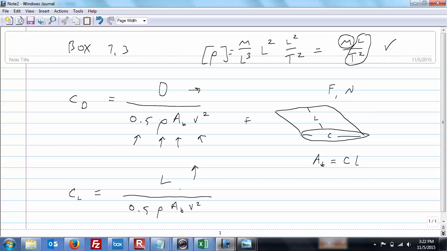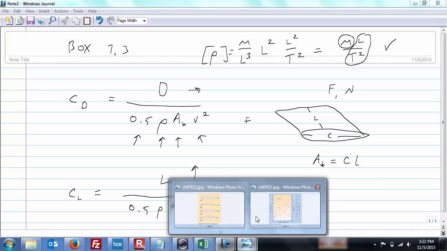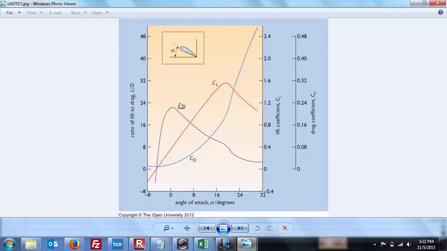So getting back, you're never really going to do much about the density of air. This A B is more or less the geometry of the blade, and the velocity is just how fast the thing's going. So looking back here, what an airfoil designer is looking for is more or less the sweet spot. And you can do this either numerically on a computer or experimentally or both,